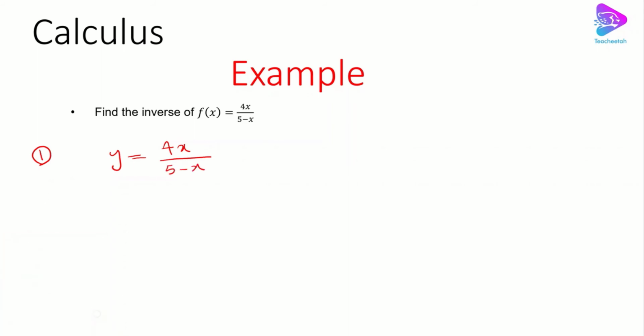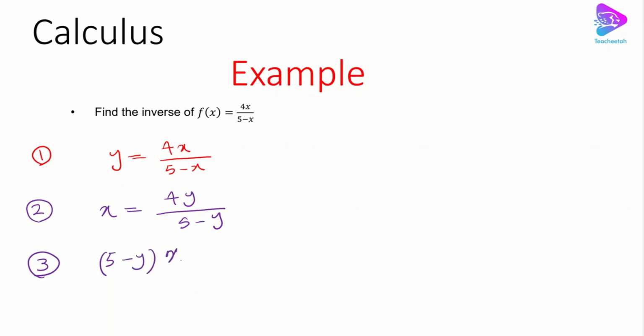The second step for us in here is to switch y and x inside this relation. So we would have x equals 4y over 5 minus y. And the third step is actually to rearrange or solve this based on y. So for that case, you would have (5 minus y) times x equals 4y,